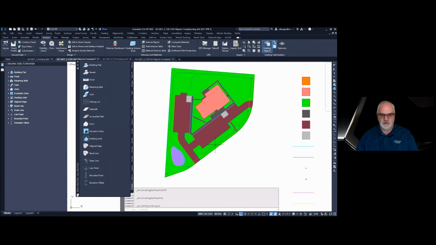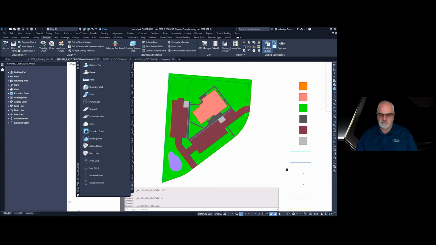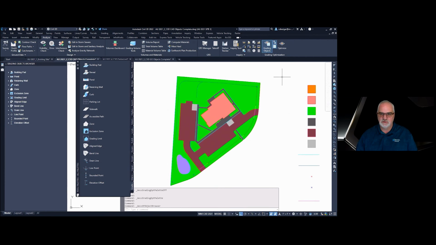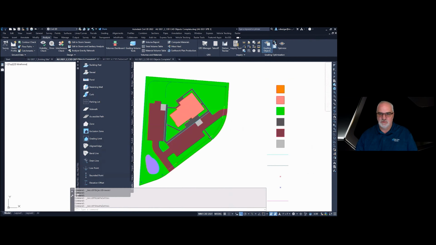Currently, I don't have any of those grading objects defined within this drawing. So all I have is the polylines and hatch patterns and a few AutoCAD points, not COGO points, but just plain AutoCAD points. You can toggle these two on and off just by selecting grading objects or individual button.